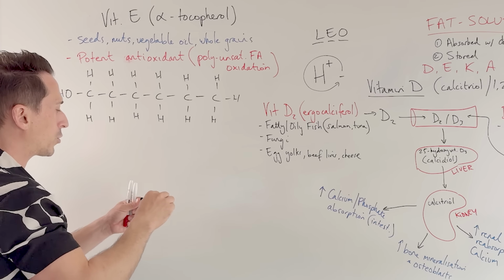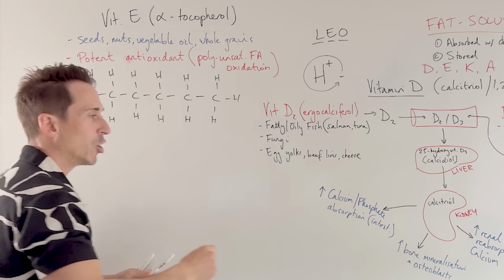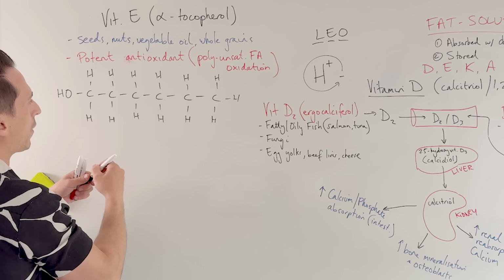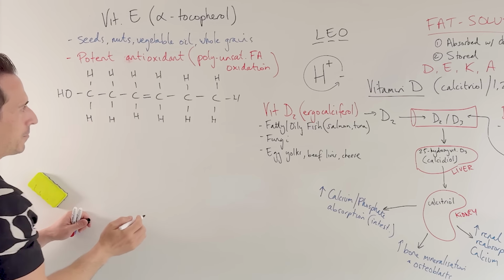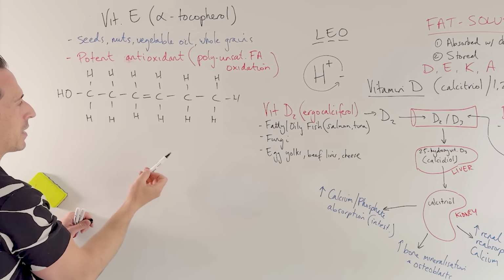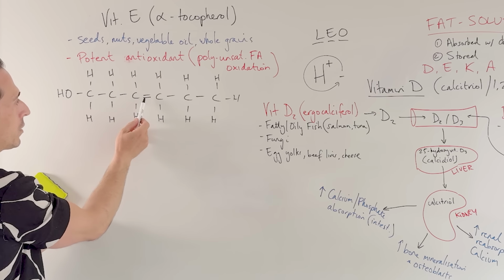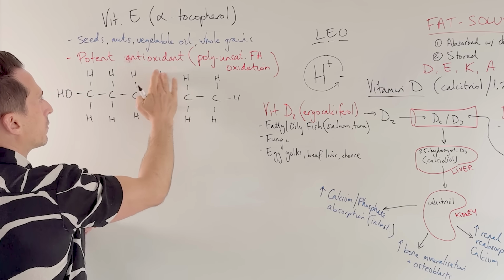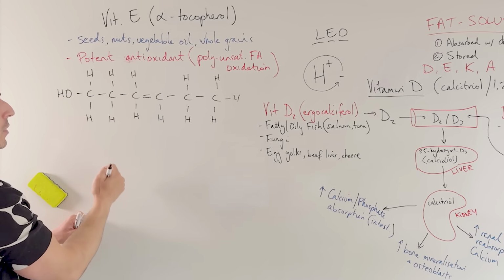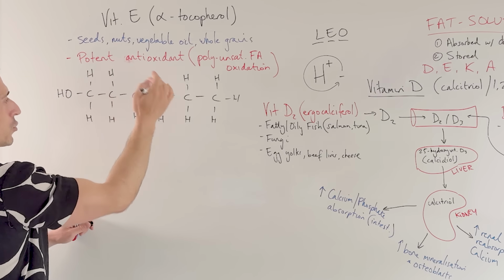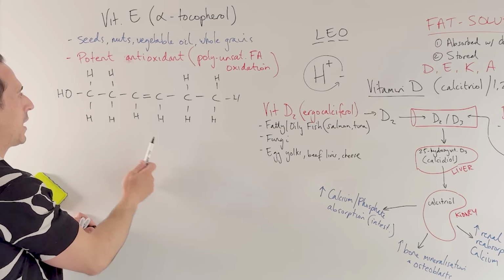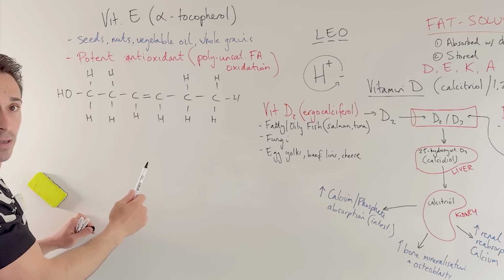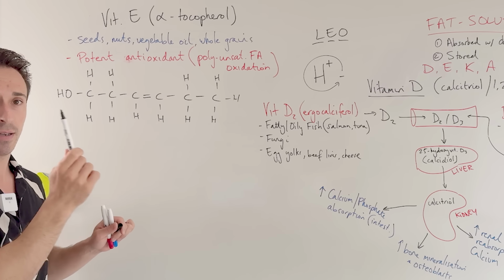Now, if we want to make a fatty acid unsaturated, we need to introduce a double bond into the mix. So for example, if I were to put a double bond here, there's now an uneven amount. Now there's 5 bonds, right? 1, 2, 3, 4, 5 for this carbon. We can't do that. So we need to get rid of a hydrogen bond. And the same thing would happen for this one. We'd need to get rid of a hydrogen bond. Now what we've got is all these are saturated, but this is what we call unsaturated. This is an unsaturated fatty acid.